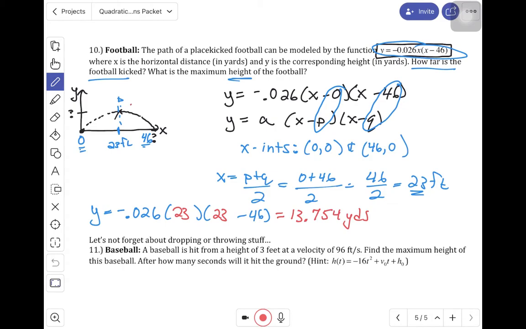This is 13.754 yards up. It's pretty high up there. So practically speaking, these answers make sense to me. So to answer the question in sentence form, how far is the football kicked? The football is kicked a horizontal distance of 23 feet and reaches a maximum height of 13.754 yards. Next up,